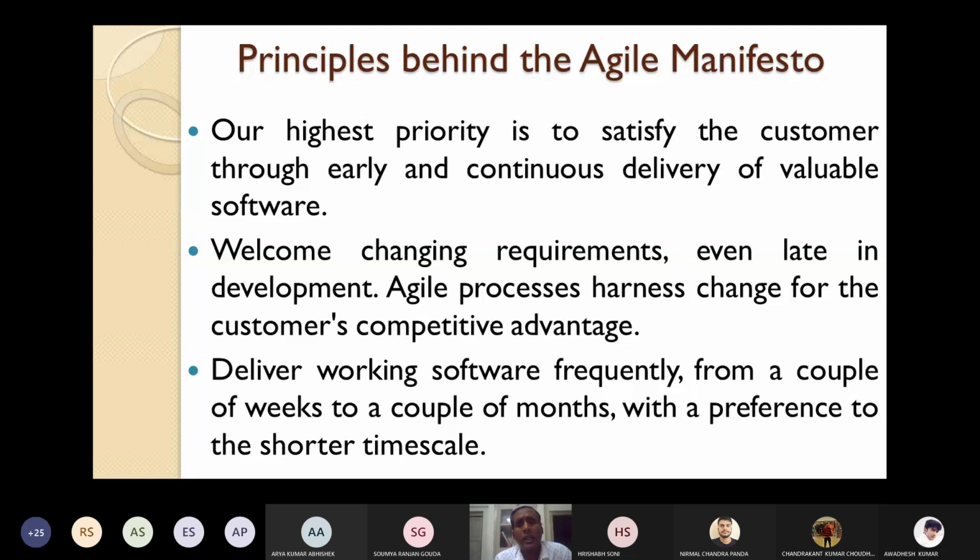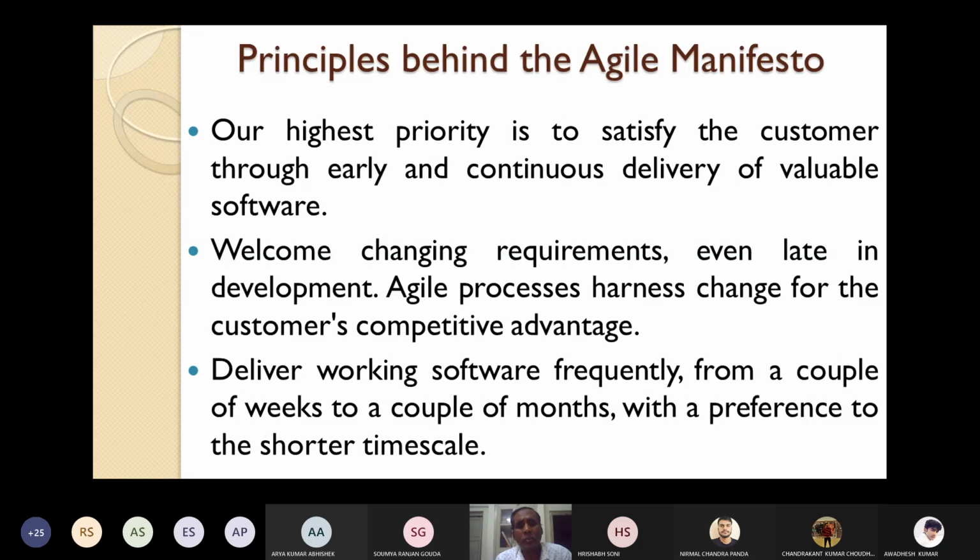In the Agile Manifesto, the objective was to deliver working software frequently, from a couple of weeks to a couple of months, with a preference to the shorter time scale. So the objective was to reduce the time scale to deliver a product. It was incremental and iterative.